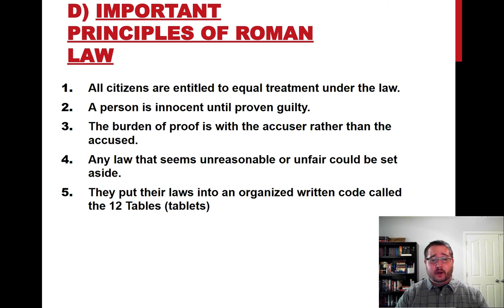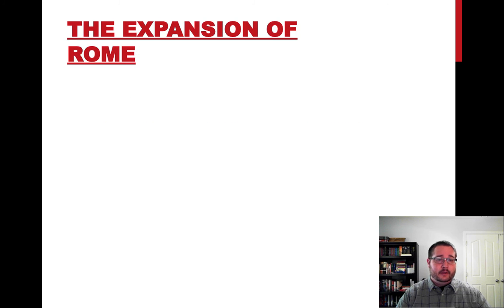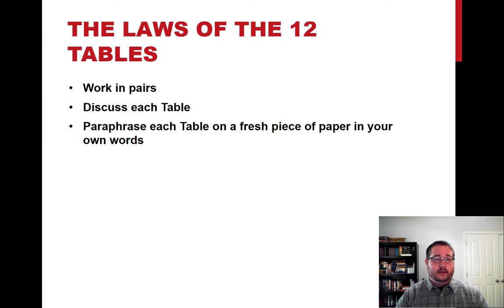And they organized their laws at the national level onto a written code called the 12 Tables, and they posted these around Rome so that people could see and understand them. This forms the basis of law. This is not the entirety of Roman law, but it's the core and foundation of the laws that were created. This is an assignment that I do in class, like I said. On my Google Classroom, I have already posted at this point, or I will, the Law of the 12 Tables assignment where you could do this on your own.